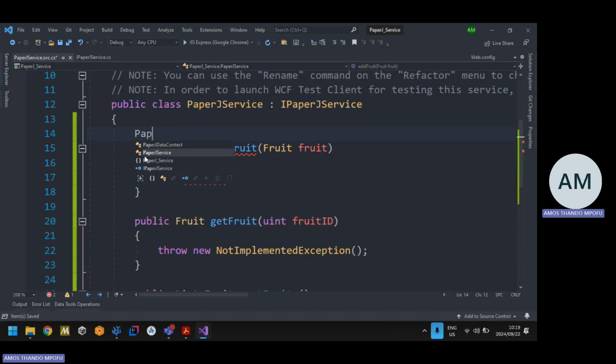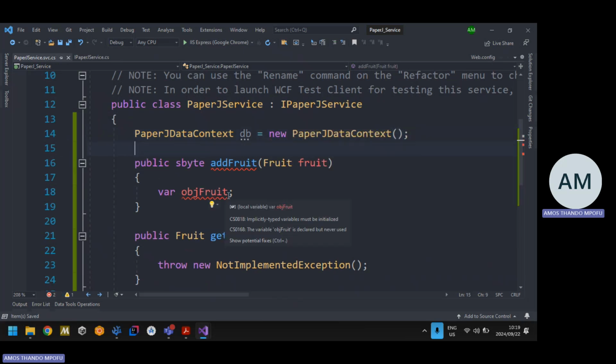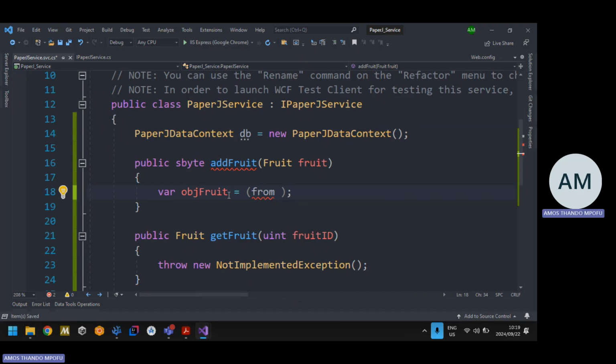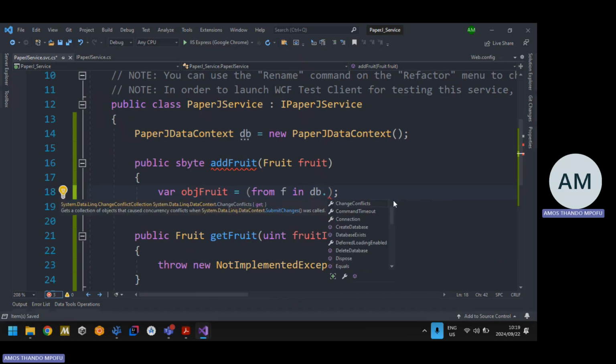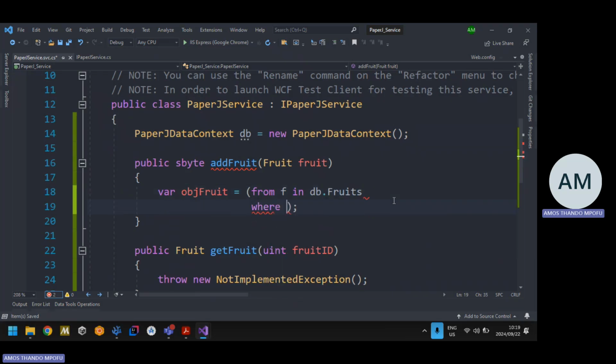So I've called it PaperJ. So it's going to be PaperJDataContext. db is equal to new PaperJDataContext. And then I'm going to say is equal to, and then I'm going to type in a SQL statement here. So from, and then store whatever is going to be returned into this variable called f, from what? In my table, and I reference the tables using db, this data context, dot Fruits table, where, now we do like a where condition or an if statement. Where what? Where f dot